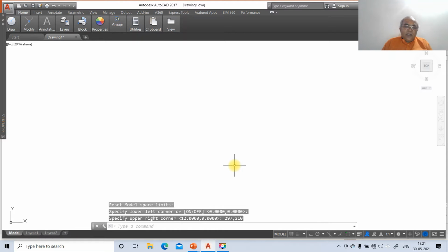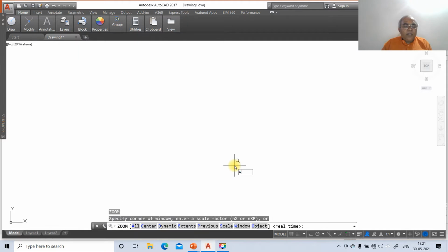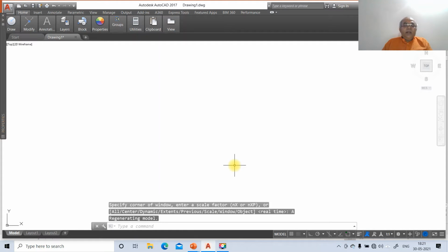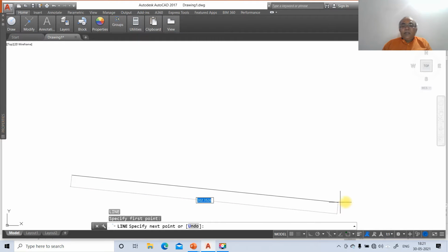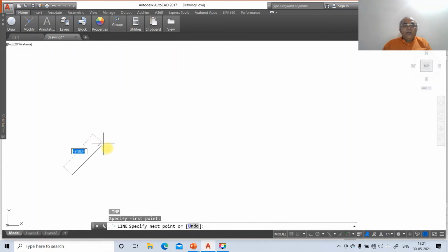Once you set the limits, then I need to change the display. So I will give the command zoom and type A, which regenerates the drawing for the limits you recently set. Then first we are going to draw the A4 size sheet. Why do we need to take the A4 size sheet? Because when you want to take the printout in the examination, we need to take the printout only in A4. So first you consider any point and click on the first button of the mouse, and then you can see this is rotating in all 360 degrees.